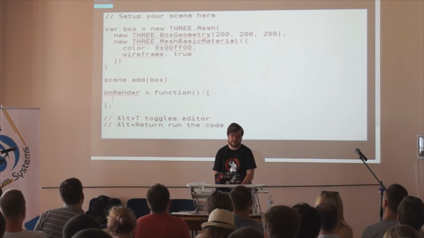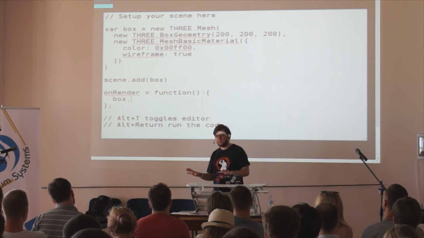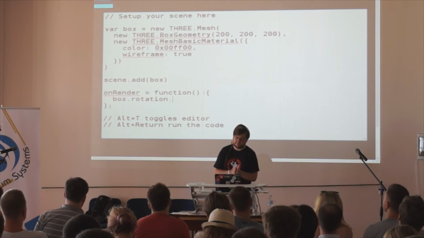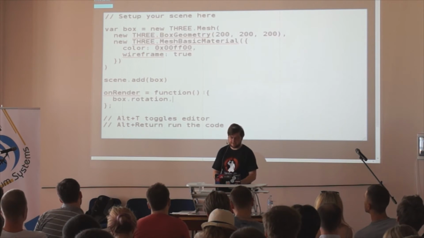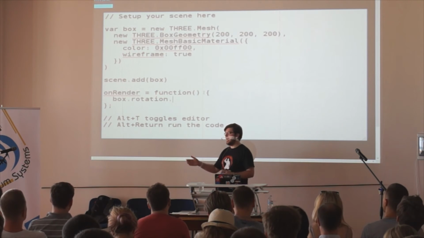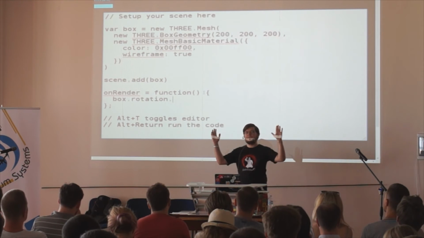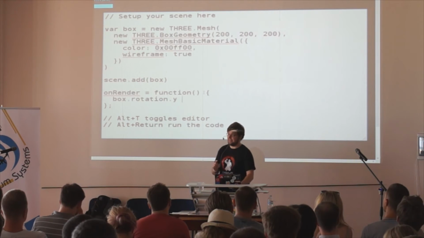So this function is automatically called on each frame, hopefully 60 times per second. We'll hope. The box has a rotation, which is the absolute rotation at that point in time. So we can change that, and we want to rotate. We have 3 axes: the x-axis, the y-axis, and the z-axis. If I want to turn it like this, I have to turn it around the y-axis, so I change the y-axis. Now this runs 60 times a second, and it's actually not using degrees, it's using radians. So any value from 0 to 2 pi,